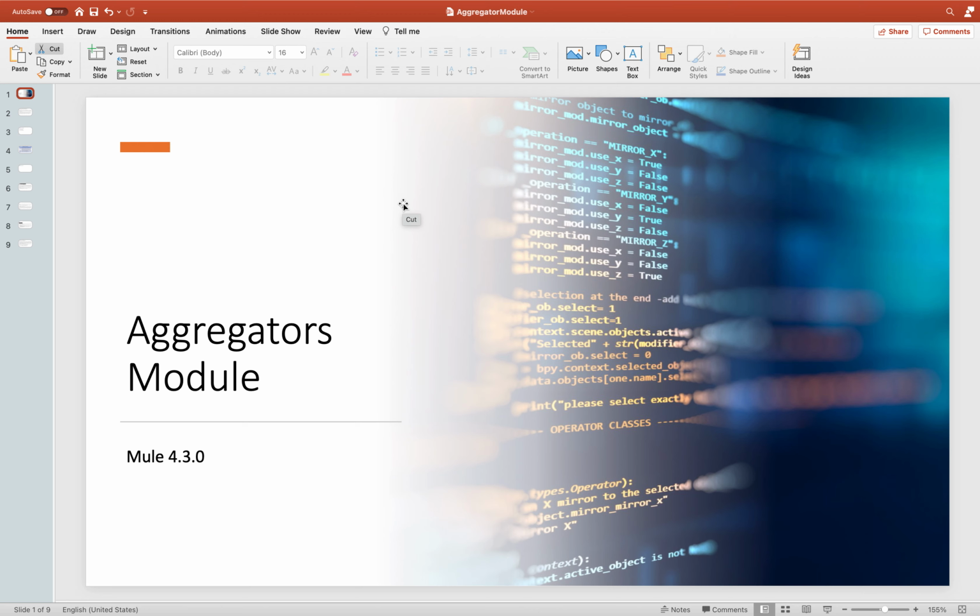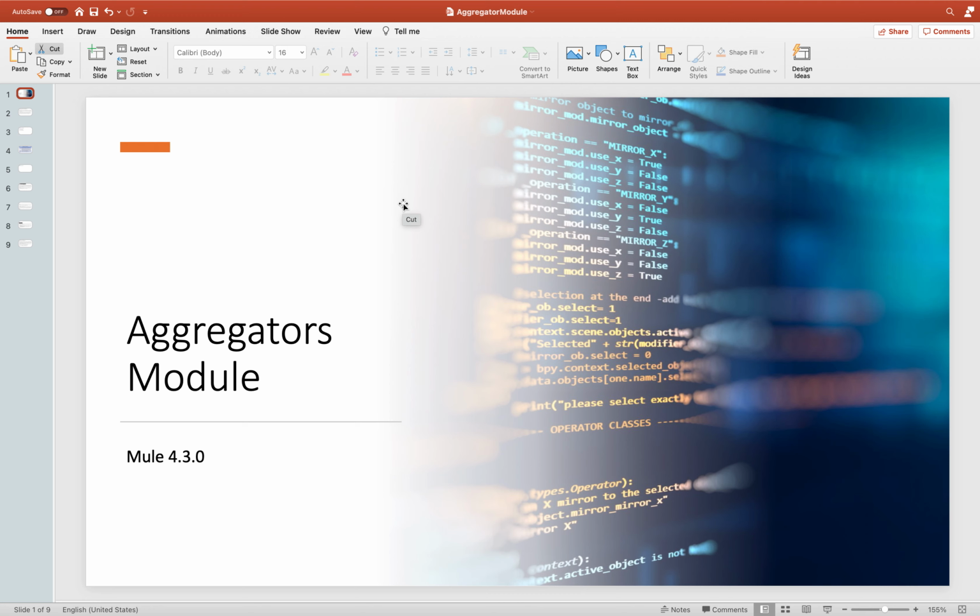So in this particular video, we will be covering the aggregator module. Aggregator module is one of its kind, which was recently launched with Mule 4. I think from 4.1.1 onwards this aggregator module is available, but from 4.3 onwards we can see a lot of improvements on top of it. So as we follow the trend, we will first discuss the concept, what it is all about, and then we will deep dive into the use cases.